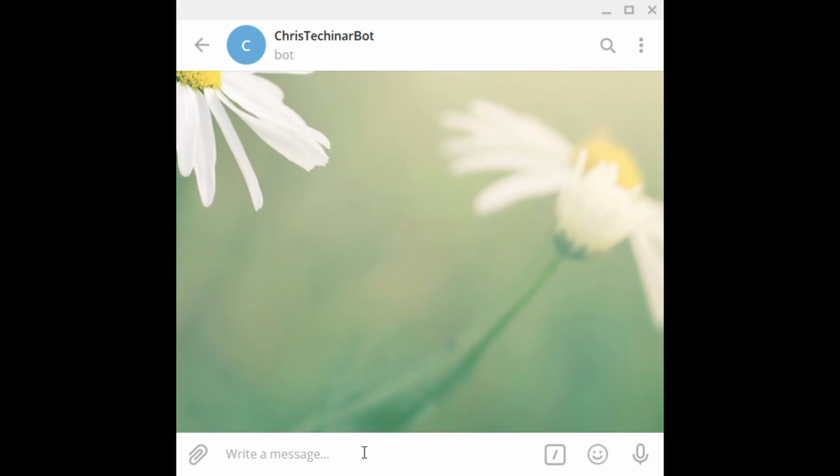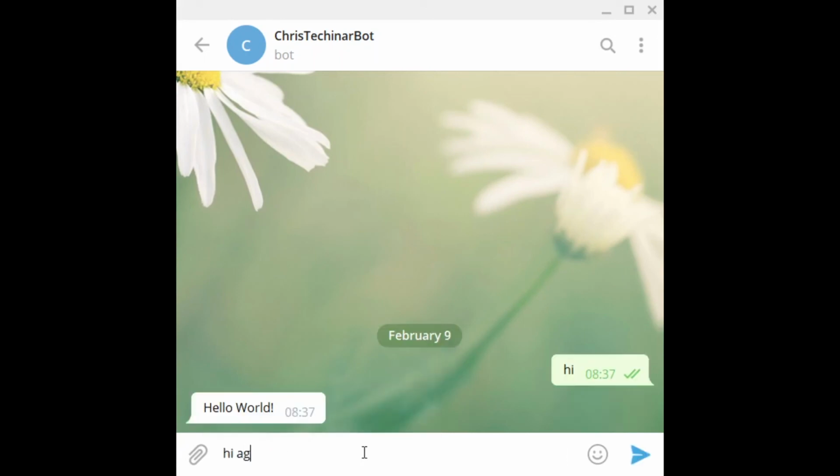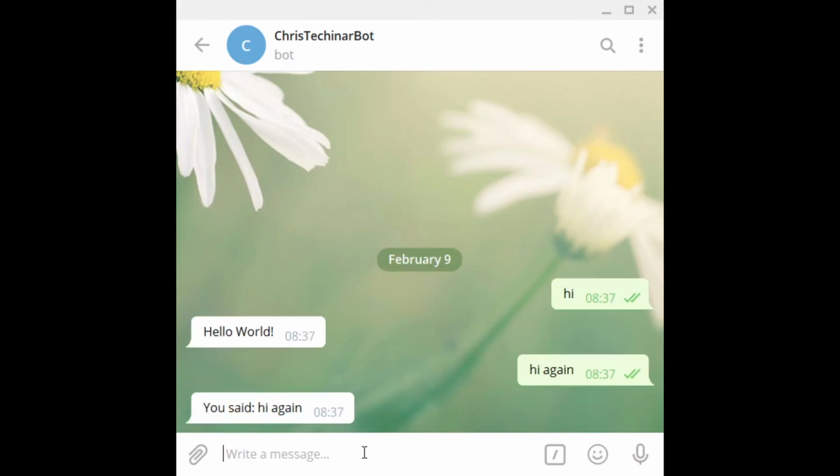All right, we are now in Telegram, and if I now say hi and hi again, you can see it is using our existing flow. Wonderful. Yeah, this is how you use our existing GitHub repository and the plenty of transformers that we already have in there. Of course, you can feel free to modify them. But yeah, that's it about the GitHub stuff.